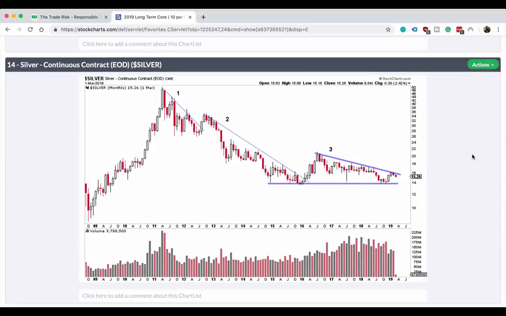Now, silver here is interesting as well. In here, I've got a few different lines drawn and numbered. When we look at the history of silver since 2011, at point number 1, this is where silver topped out, all the way up at around $48 an ounce. What we notice is we had an initial pullback with a very steep downward slope, labeled number 1, and that ended up breaking out briefly in 2012, and then we started this more